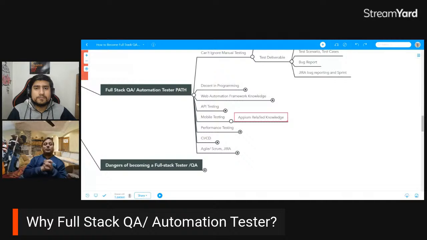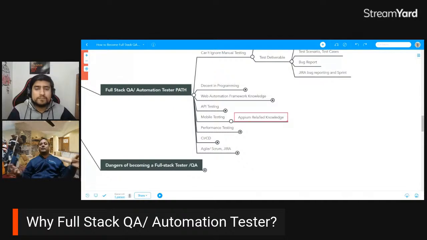So full stack would be everything, but then it is based on the company, because there are companies that do not do performance testing in every release, but then there are companies who do. In those companies where they do performance testing in every release, they would require a performance testing expert. So a full stack QA would not be feasible there, right? Then you decide that you want to become a full stack or a performance tester only, right? But there are companies who do performance testing, let's say, every 2 or 3 months. Then you could be useful, since they don't hire new people, right? So you could be useful, and then you learn performance testing as well.